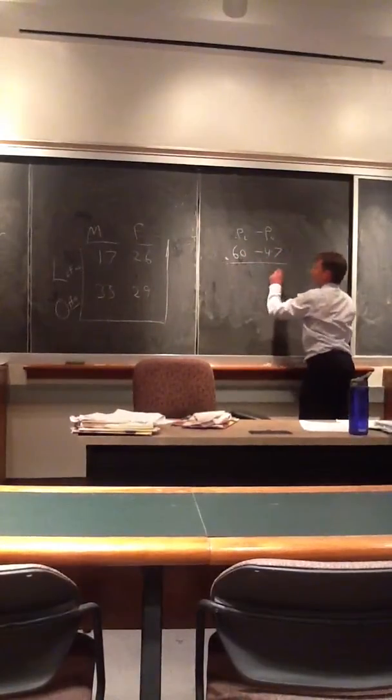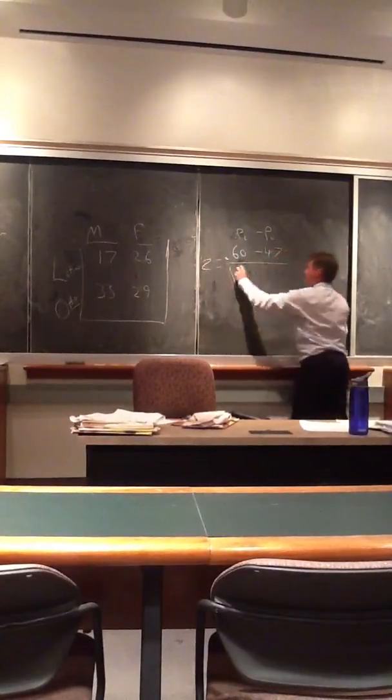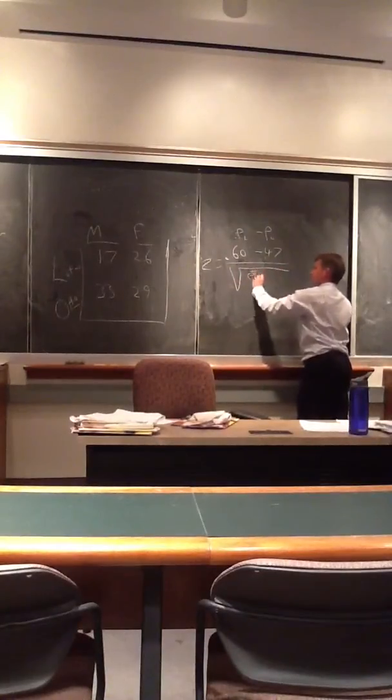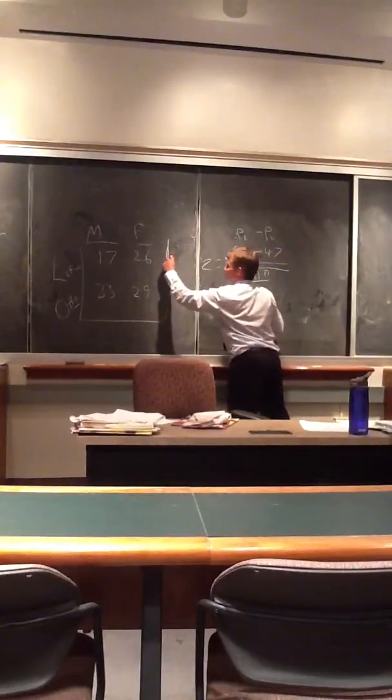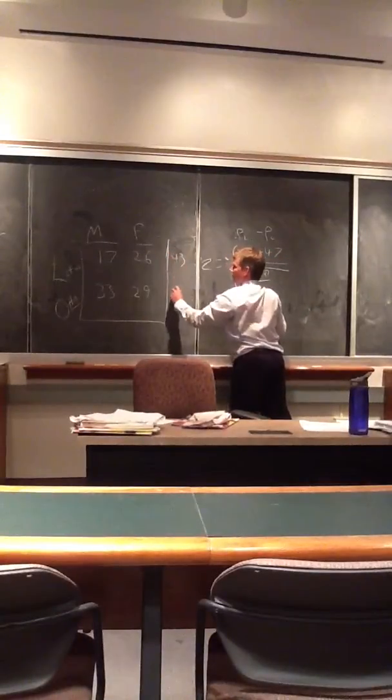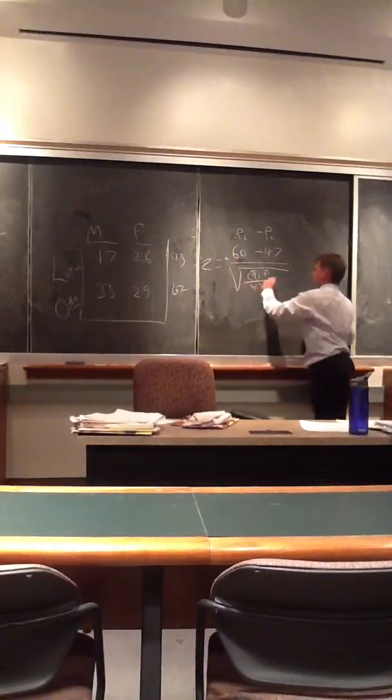Remember how you do that? You get that equal to Z, you divide that by the square root of P bar times 1 minus P bar over N1, which is 36, 43, 62, and then plus